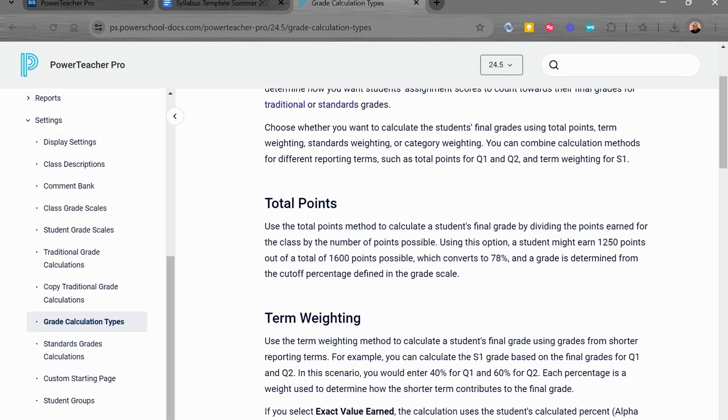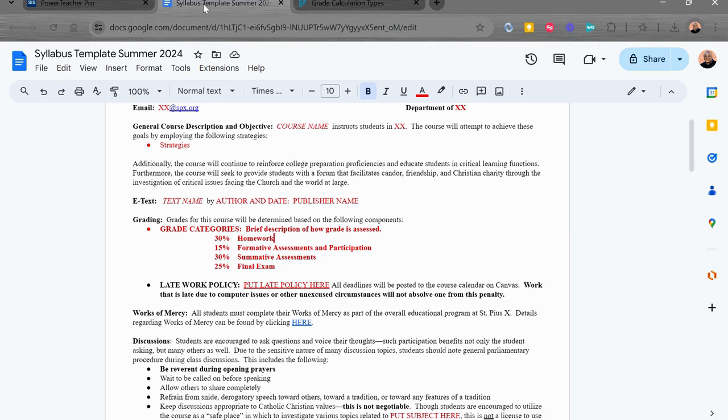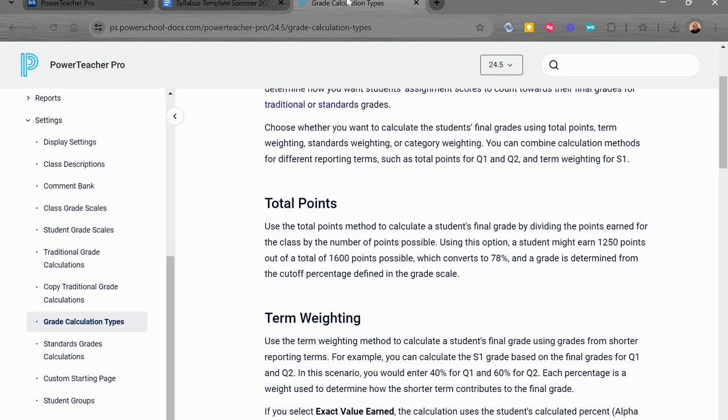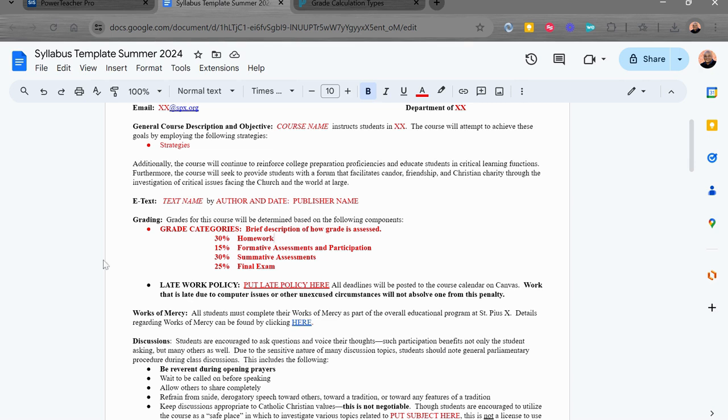categories, but total points is just looking at the points only, adding up the points possible and adding up the points earned, and making a percentage of those points earned out of the points possible. Okay, so that's the most simple way, the total points. But let's talk about the most common, which is the category, and we'll go through and set up the